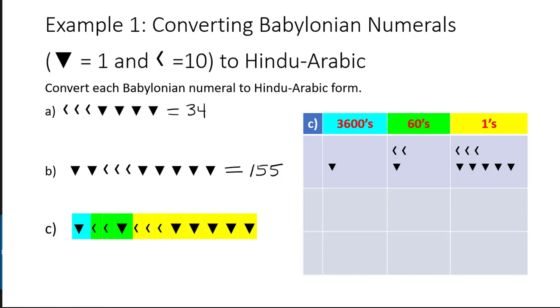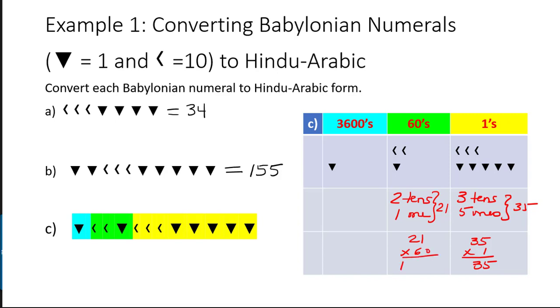So let's figure out what digits we have starting with the 1's place. Here we have 3 10s and 5 1s, which is 35. And each of these 35 is only worth 1 because it's in the 1's place, so it truly is just 35. But when we look at the 60's place, where we have 2 10s and we have 1 single 1, this is going to be 21, but each of those 21 is actually worth 60. So that is actually going to be